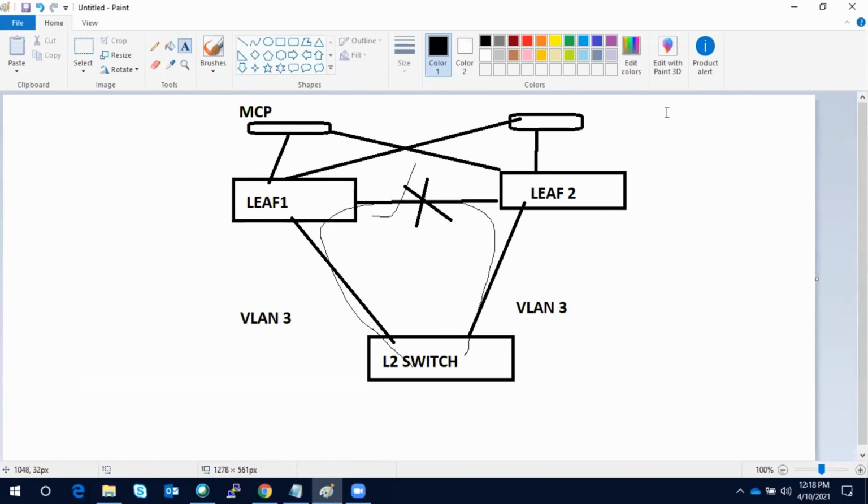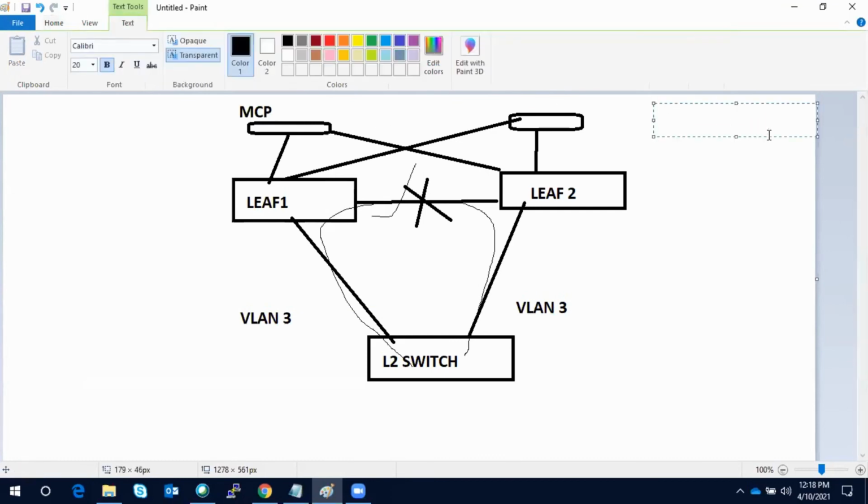And in ACI also, you are a network centric approach guy, so you created the configuration as VLAN 3 in the ACI. So VLAN 3 is also available in the whole of the fabric.